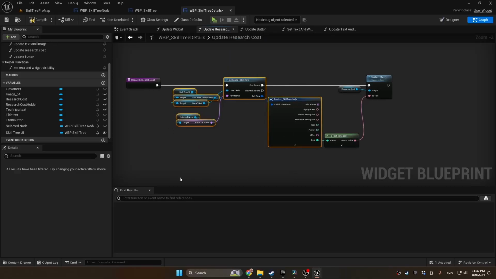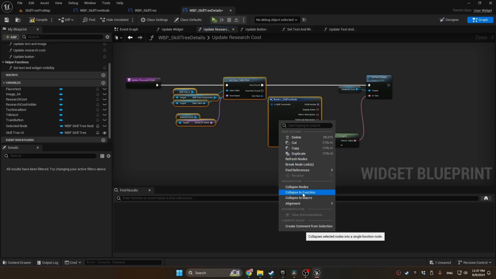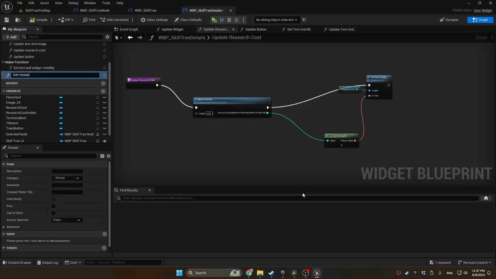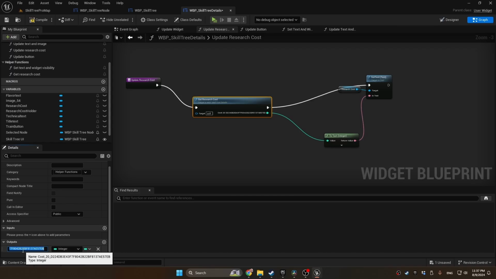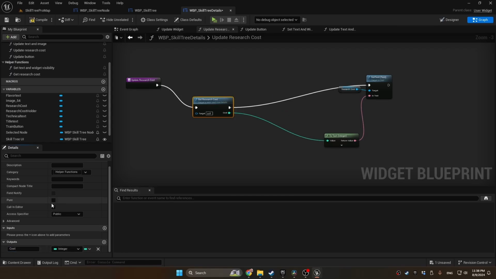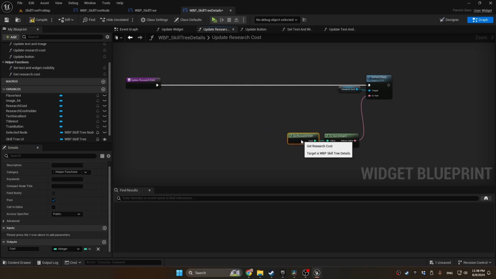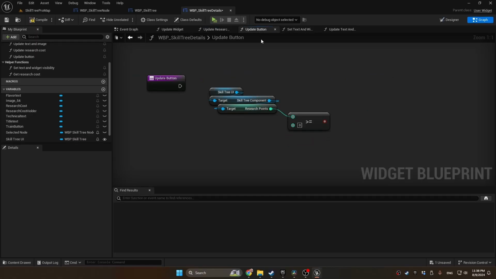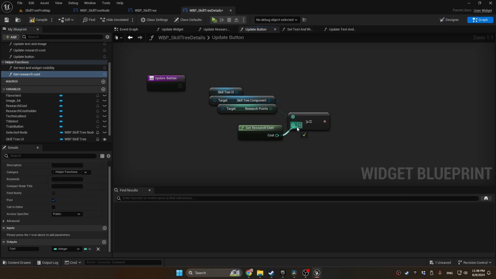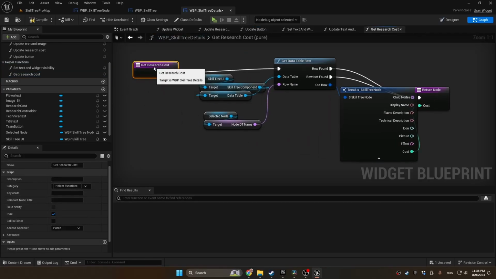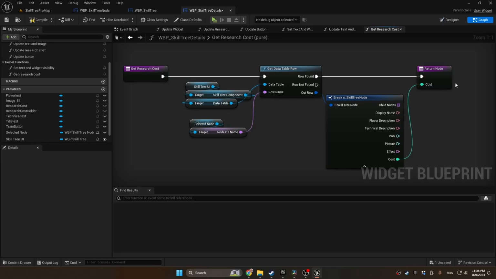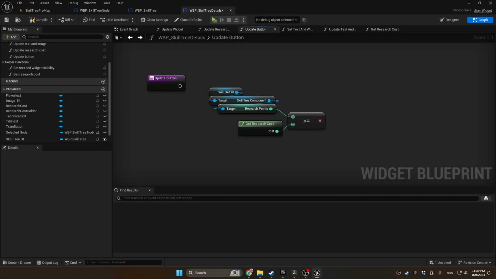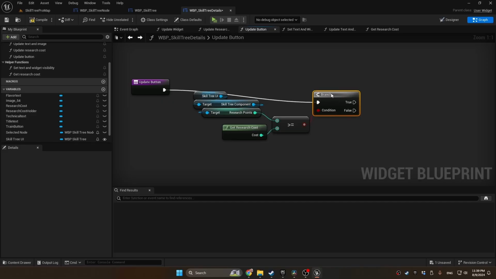But rather than copy and pasting all this functionality, we can select all of this, right click, go to collapse to function, and we can just call it get research cost. We can drag it into the helper functions category. We can change its output to something more sensible like cost, and we can make it a pure function because we're not setting anything. And now back here in the update button function, we can just drag that function. And one more thing we want to do is open up the get research cost function and disconnect this row not found wire. So now back here in the update button function, if we have enough points to train it,